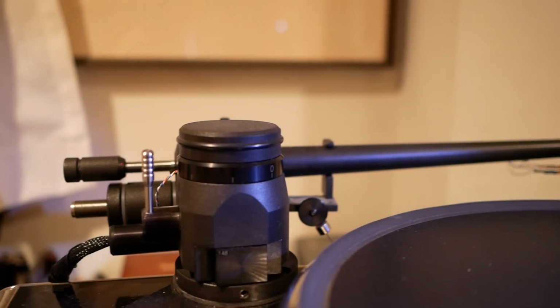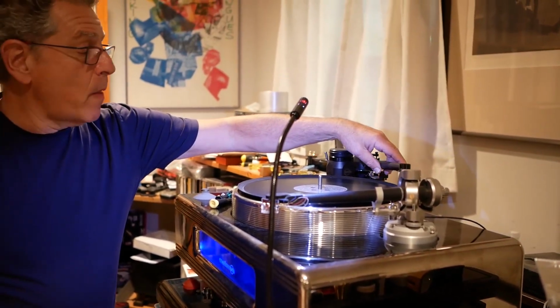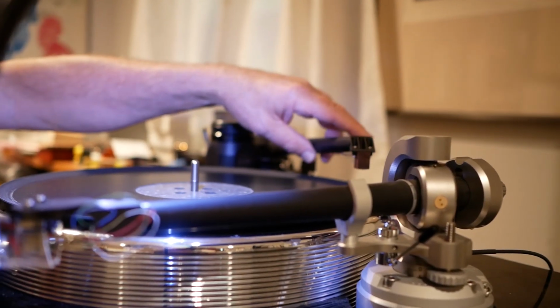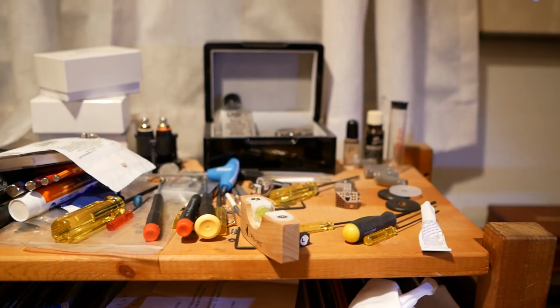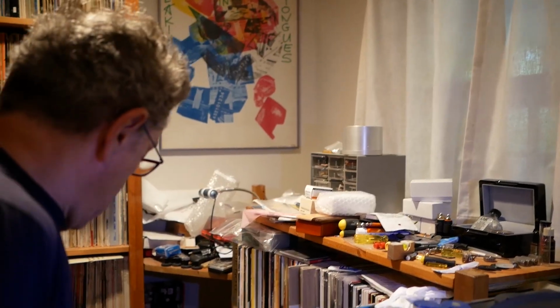I don't like when the other thing happens, so I'm very careful not to say something is great when it's not so great. Okay? And then I have a Kuzma 4-Point here, which is my secondary tone arm, which is another great tone arm. And I'm very happy that I own this. I'm reviewing this Koetsu Mono Rosewood cartridge right now, so I won't talk about it. This is the Lyra Etna SL, which I've reviewed. And then here's a lot of setup junk over here, just the usual nonsense. My microscope, overhang gauge,